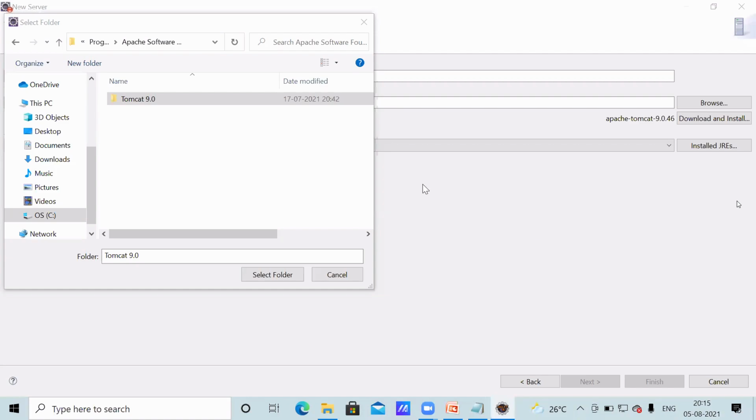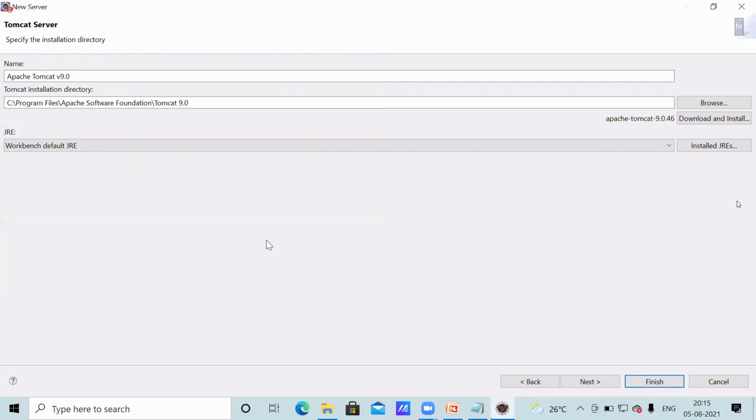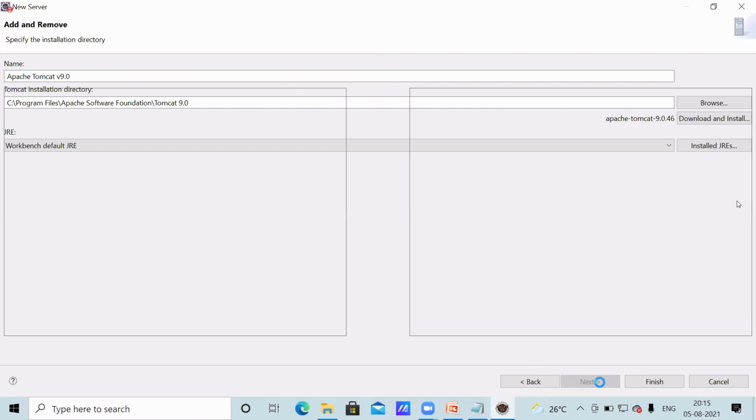See, wherever Tomcat 9 is installed, you have to find out the location. Select that folder, click on select folder. After this, click on the next button.